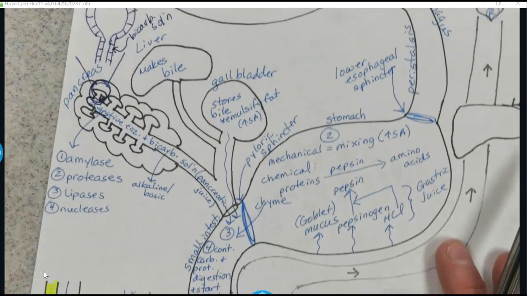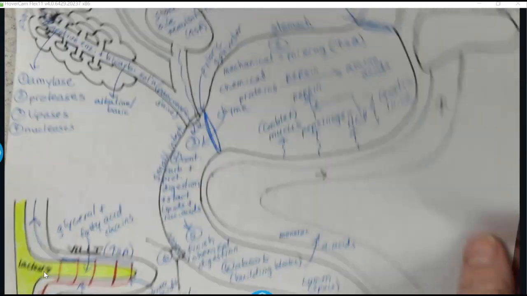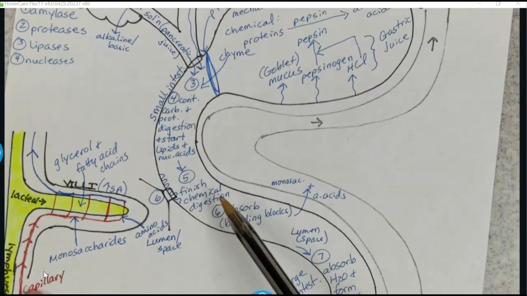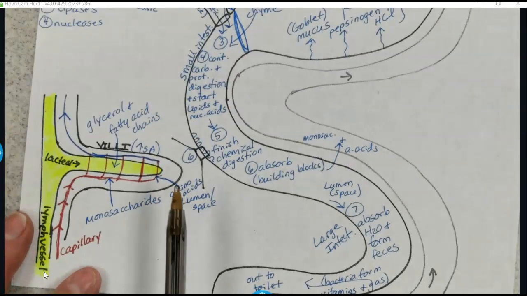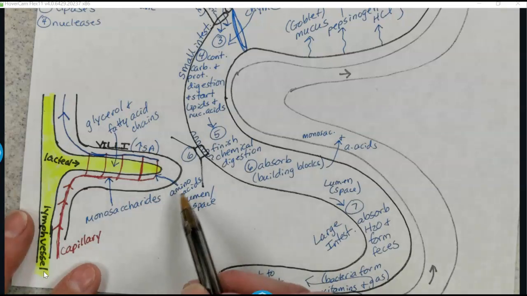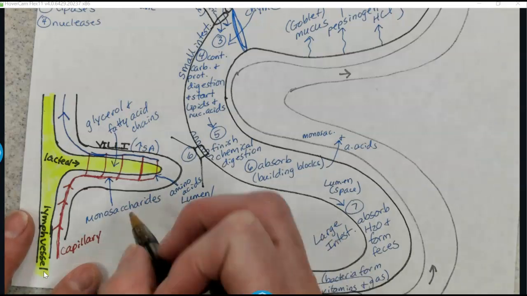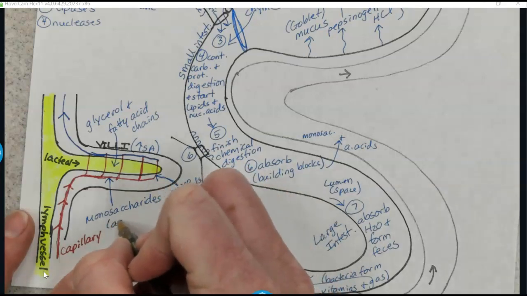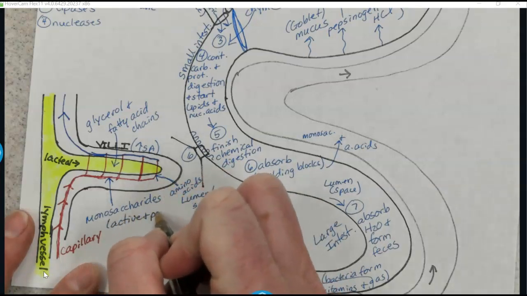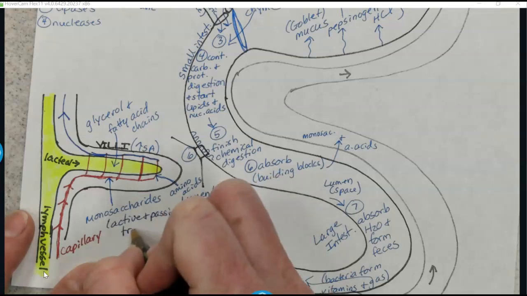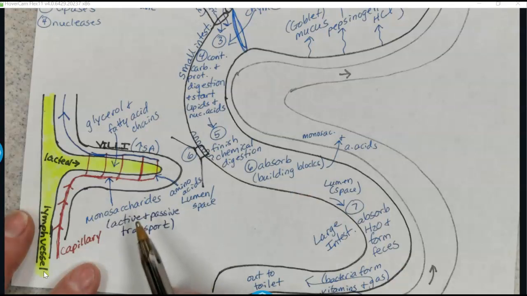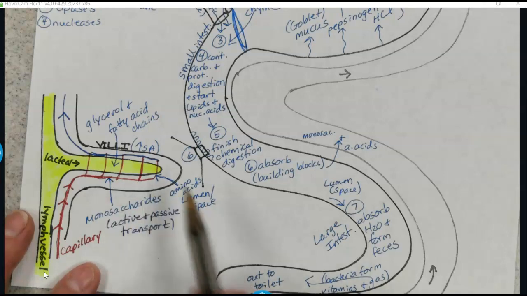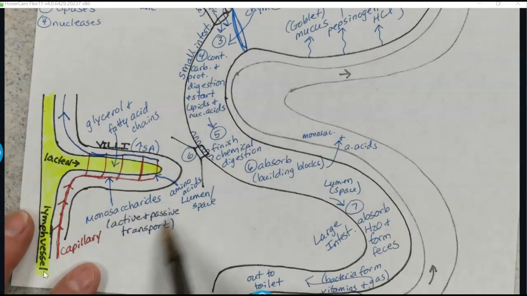All right, so down here we talk about finishing chemical digestion. It's all finished, everything's done, thank goodness. And now we're going to go into absorption. And the absorption piece I need you to add just a little bit here. So when we have our amino acids and our monosaccharides, these are absorbed through both active and passive transport. Your notes contain the specifics of where's the active transport and what types of passive transport, and you will need to know those details. But just as a reminder, when you're looking at a big overview, there's both processes